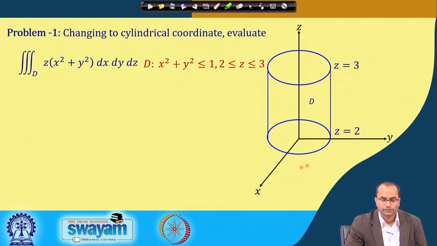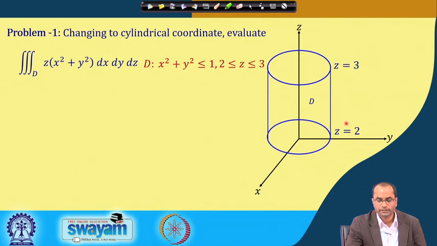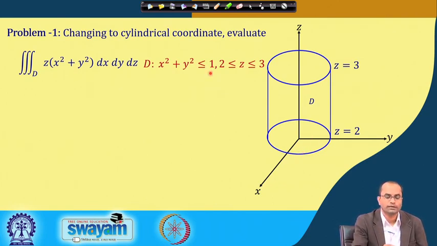So, this is the picture here, the x coordinate, y coordinate and this z coordinate, and we have z going from 2 to 3, that is the height of this cylinder along this z axis, and that is the axis of the cylinder as well. And then we have the circular disk here, which is x square plus y square less than 1. So, the radius of this cylinder is 1, and the height here is from 2 to 3.